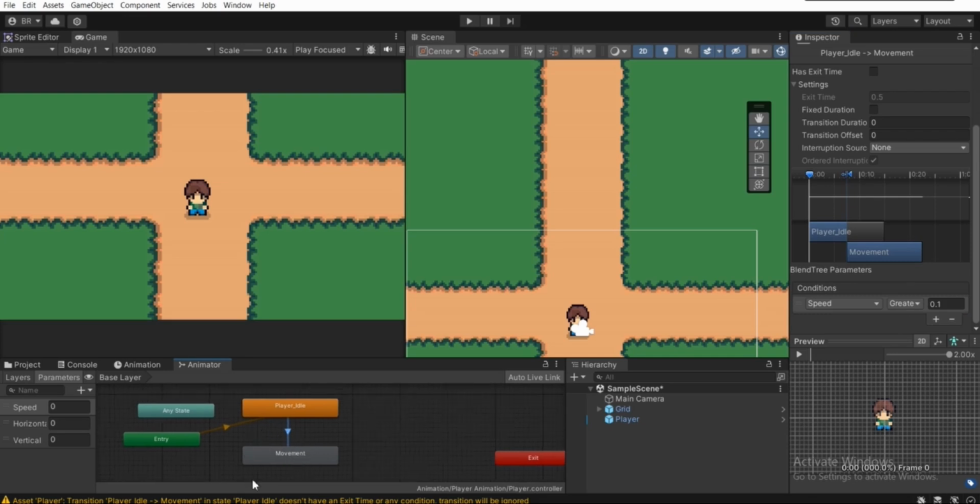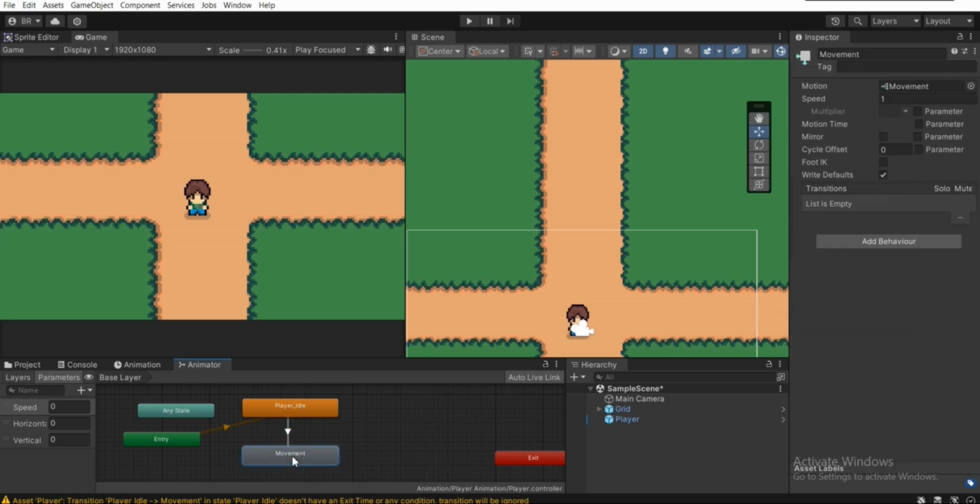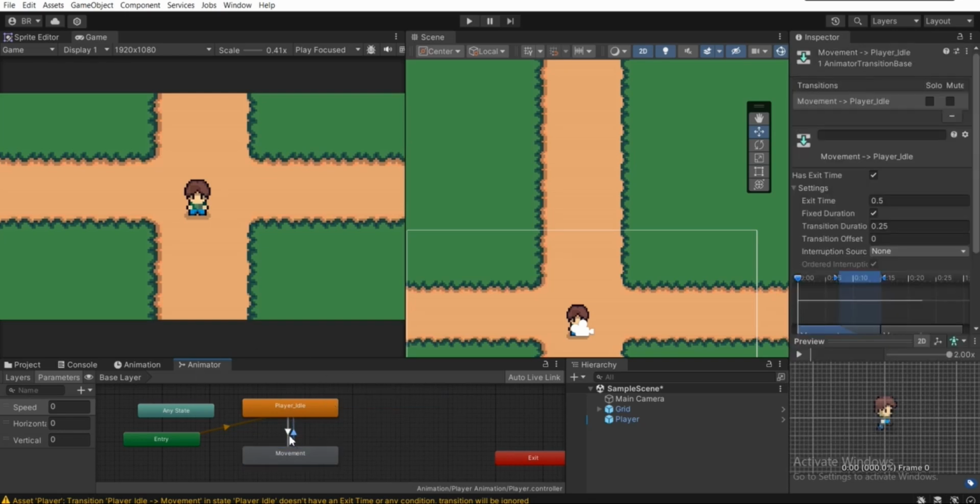So we also need to make a transition from this movement blend tree to player idle. So once we are not moving, we need to play this player idle animation clip instead. That's why we're gonna right click on this movement blend tree and make a transition back to player idle, and let's select this arrow now. Let's go over to the inspector. I'm gonna untick has exit time. As soon as possible when we are not moving, we need to play the player idle animation clip right away,